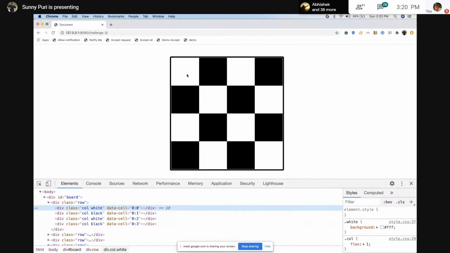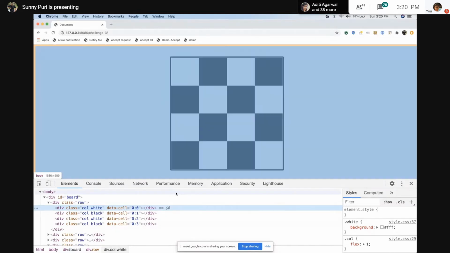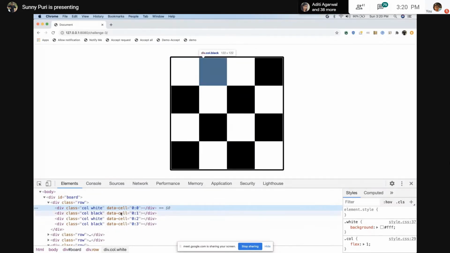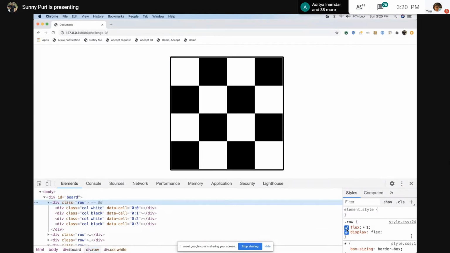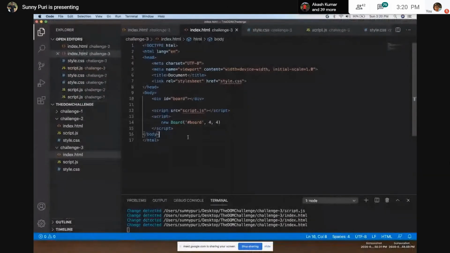That's why we are saying to use display flex, because it will automatically create cells based on the parent width. So it will automatically divide. If you see how it is divided, it is divided because of flex 1. Flex 1 is saying maintain the ratio of all children to their parent. So this is what we have used. Okay, so let's return it to 8 by 8.